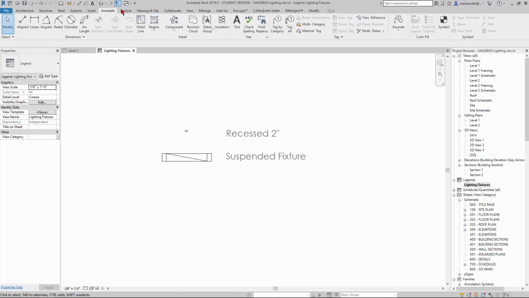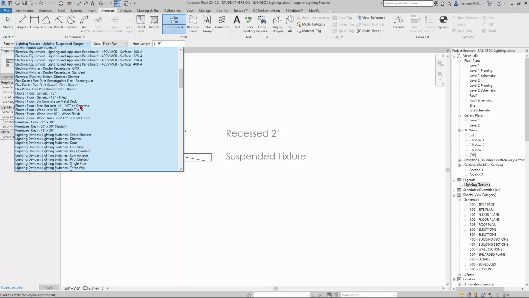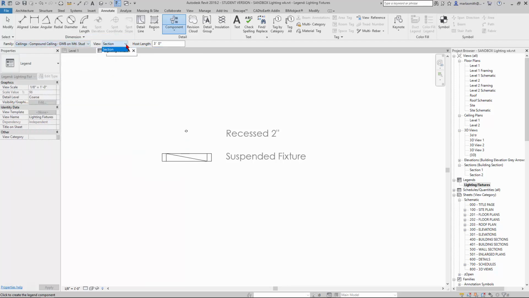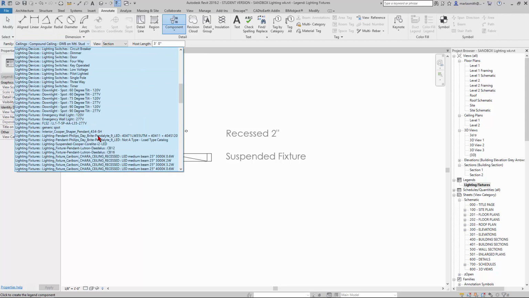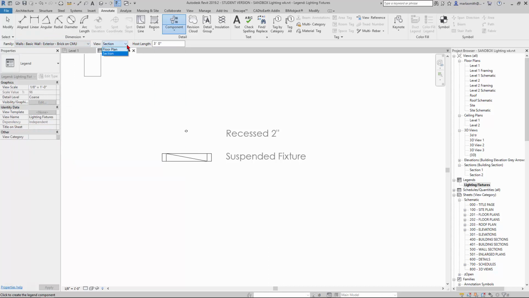So in that case, we had gone to annotate and gone down to legend component, and it gives us a legend component based on this pull down area. And in fact, if you come in here, there are ceilings, right? So I could go to the ceiling, but it only gives you a section of the ceiling. It's very frustrating, especially since if you go down to walls, like a basic brick on CMU, you can actually get a floor plan of the wall and a section, but you can't get an elevational view, which is, I don't know, very frustrating. So you can't do that, so I'm just going to hit escape a couple of times to cancel that command,